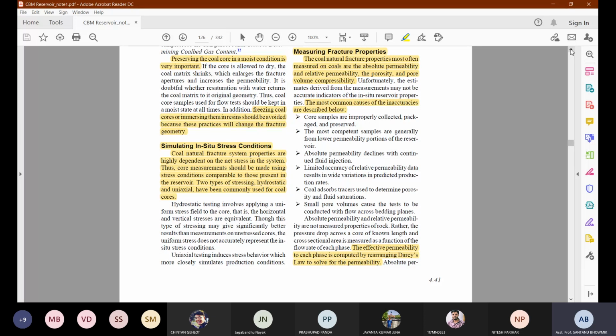In simulation, what we are going to do is simply assume that there are three different directions x, y, z, and we take the average of all the fractures that we see in the x direction. In reservoir simulation, in the x, y, z directions we just give a value: in the x direction it is maybe 0.01, in the y direction maybe 0.01, but in the z direction it is somewhat less because our vertical permeability is also very much less. The bedding plane is not going to allow the permeability, so it is very less. So 0.001, suppose.